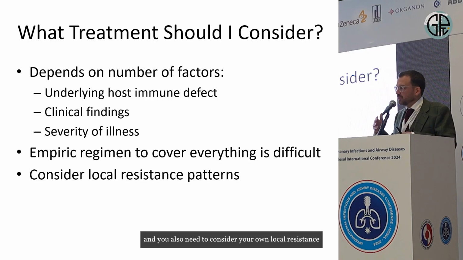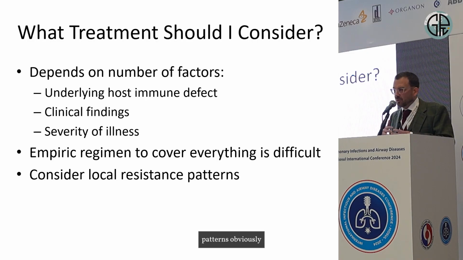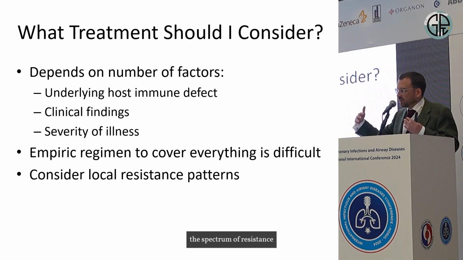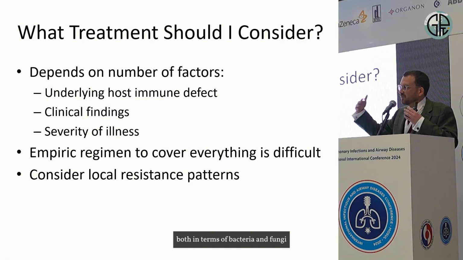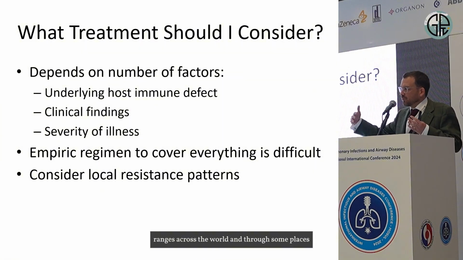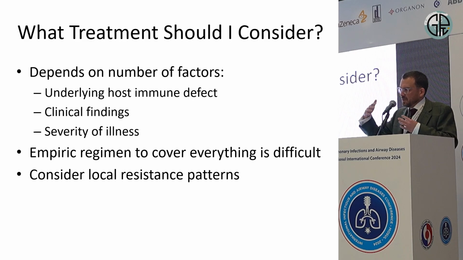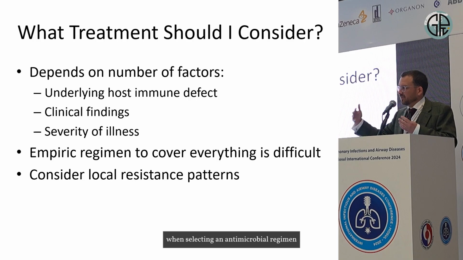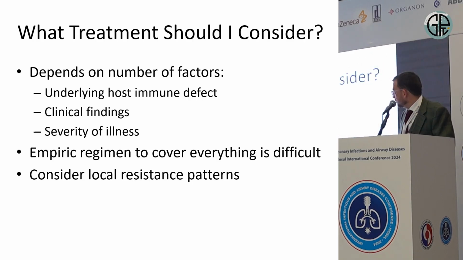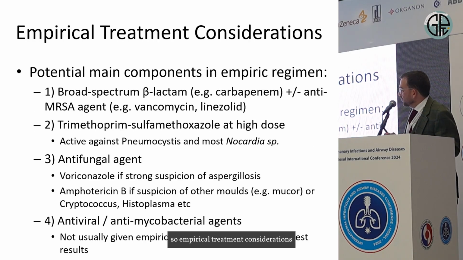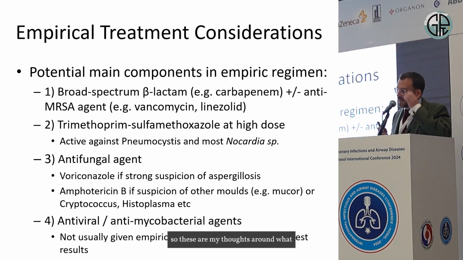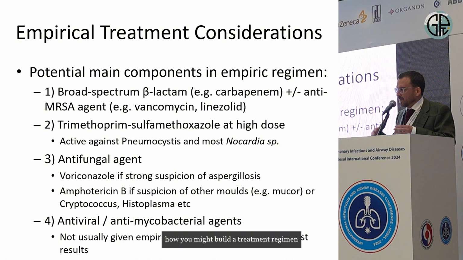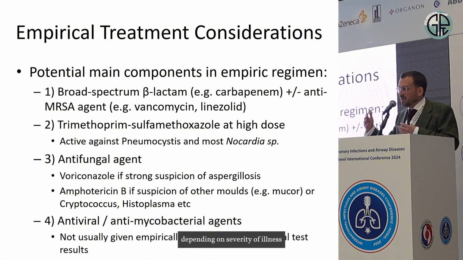And you also need to consider your own local resistance patterns. Obviously, the spectrum of resistance, both in terms of bacteria and fungi, ranges across the world. And so in some places, there may be additional considerations that you require when selecting an antimicrobial regimen. So, empirical treatment considerations: these are my thoughts around how you might build a treatment regimen depending on severity of illness in a stepwise fashion,